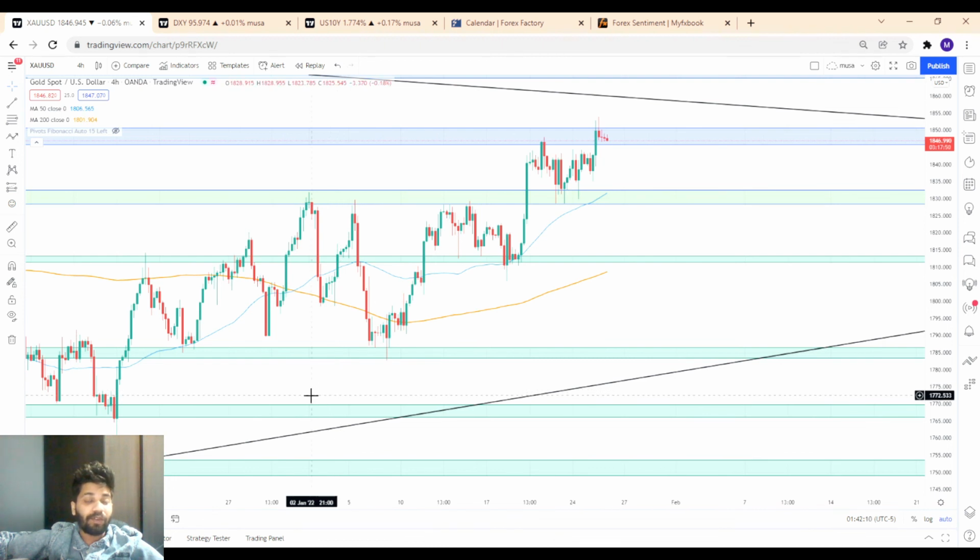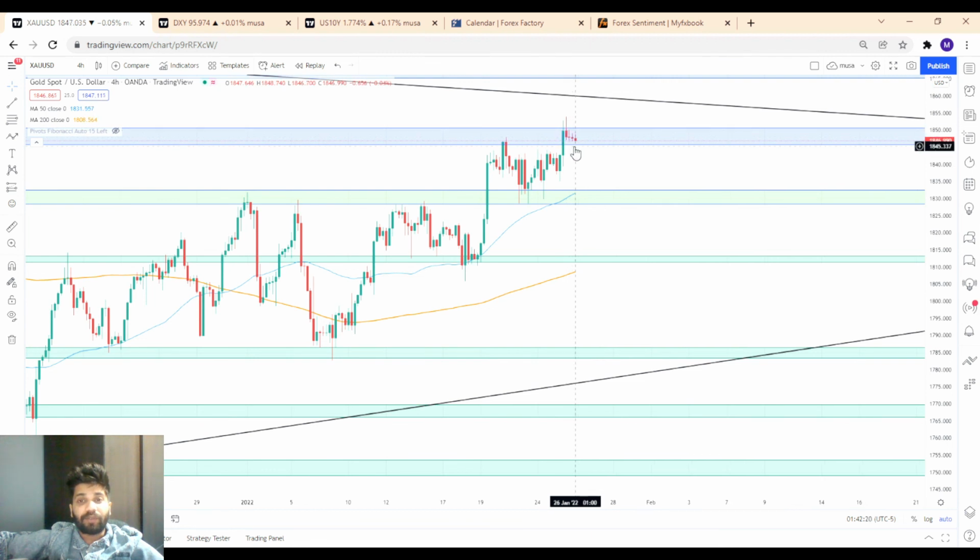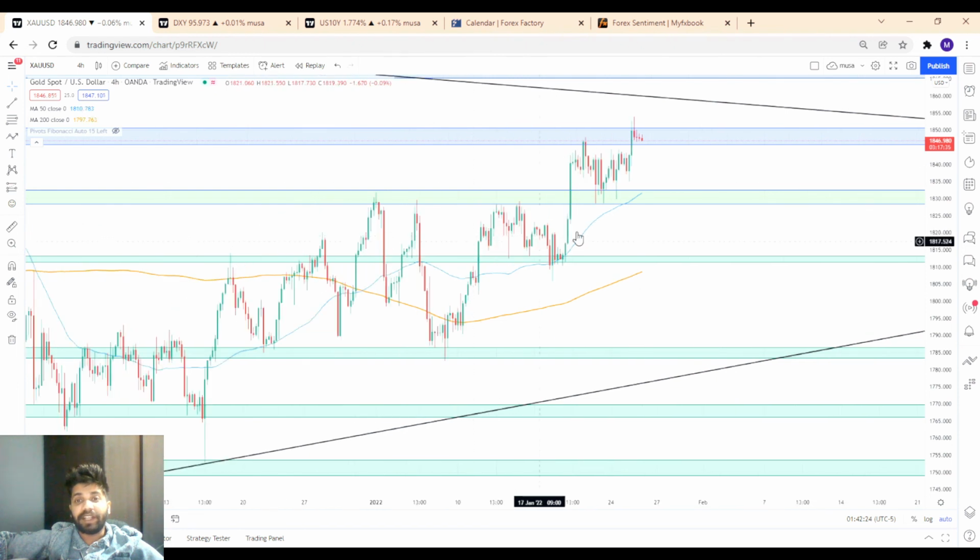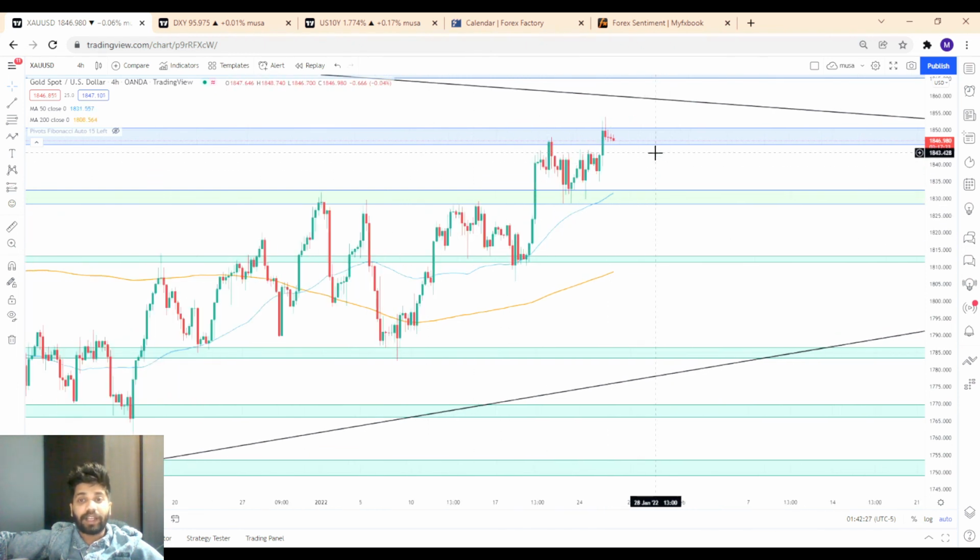From my perspective, after seeing all the fundamental and technical analysis, I expect the price of gold to break the resistance, or rather the level of 1848 is already broken, give a successful retest, and the price reaches the 1870, 1872 level. So I'm looking to take a buy position if the news comes out in favor of XAUUSD. Vice versa, I'm ready to sell gold as well. I don't trade depending upon what I feel. Right now I'm feeling gold will go up, but if the chart shows me a strong downtrend, I will trade in the direction of the trend.